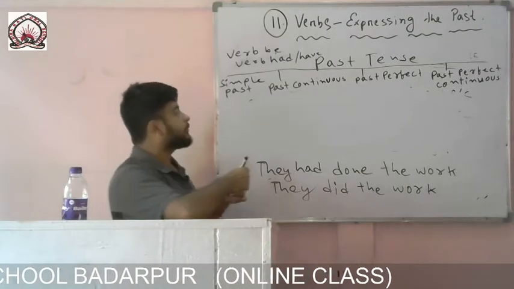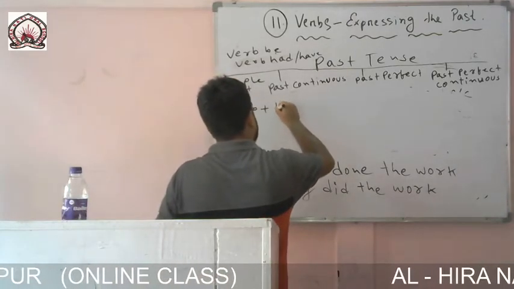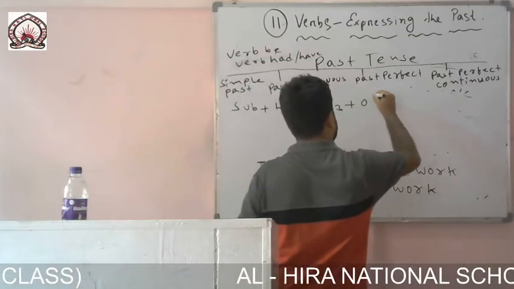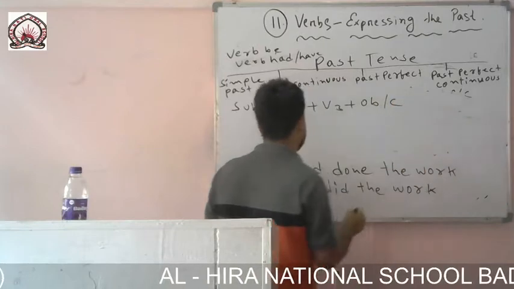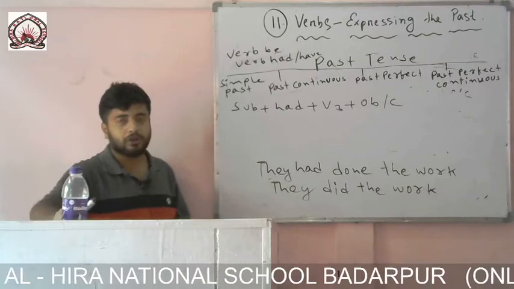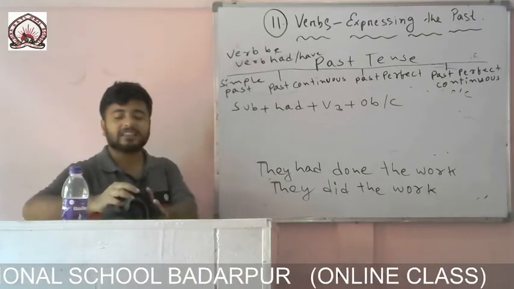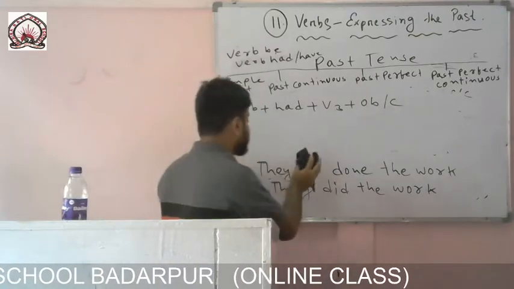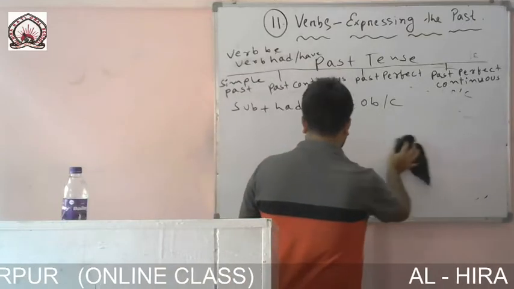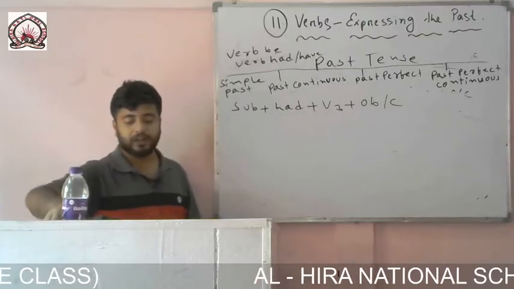Now let me write the formation of past perfect. Subject plus had plus verb 3 plus object or complement. Now, as I said earlier, if two actions take place in the past, then for the first action we are to use what? We are to use past perfect, and for the second action past indefinite. For example,